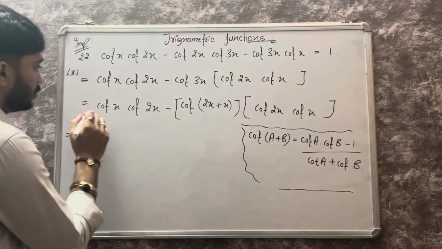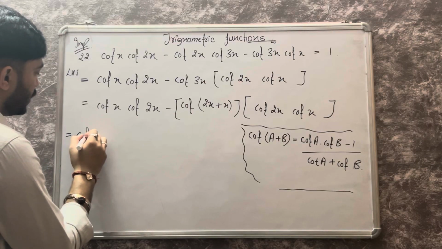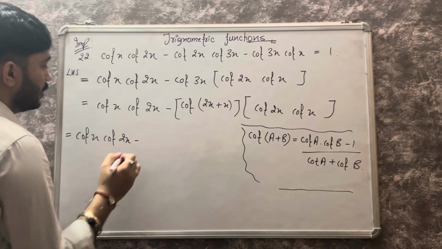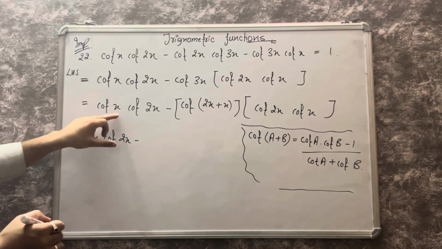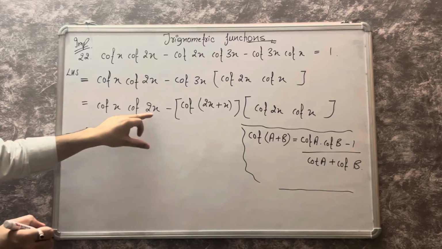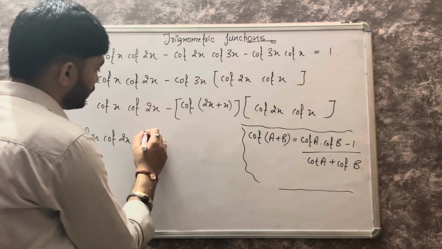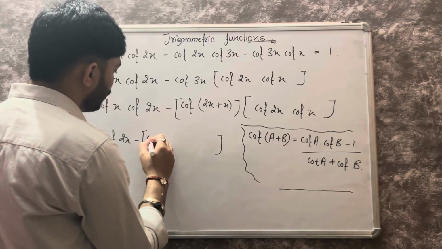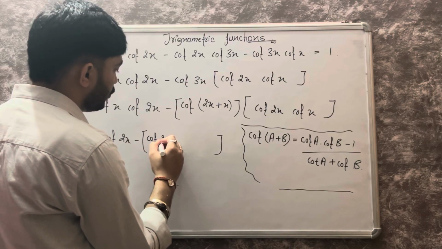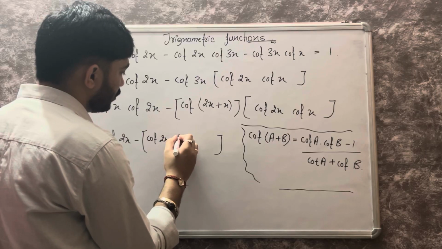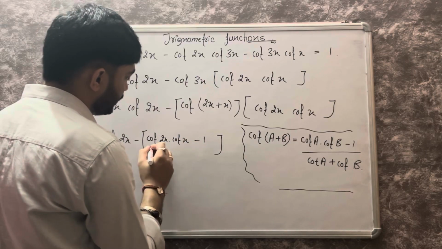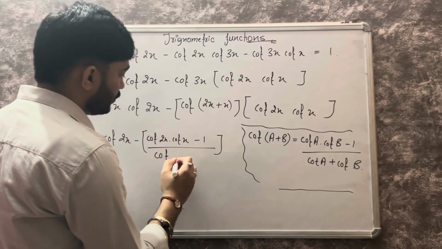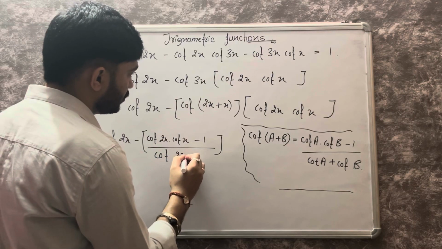Now don't do anything with the first term, write it as it is. So we have cot x cot 2x, and apply the formula here. What will we get? We get cot 2x into cot x minus 1 divided by cot 2x